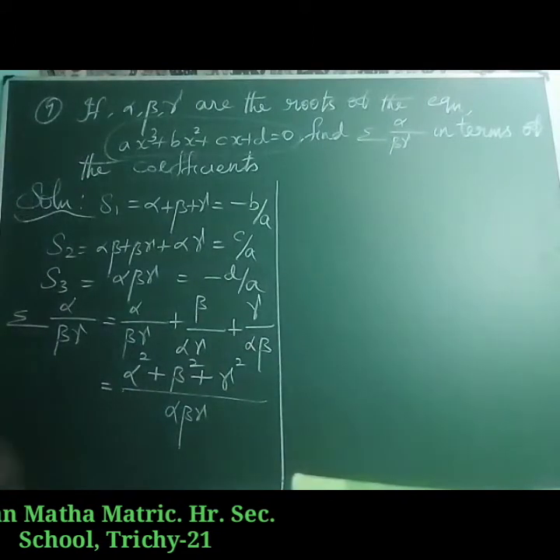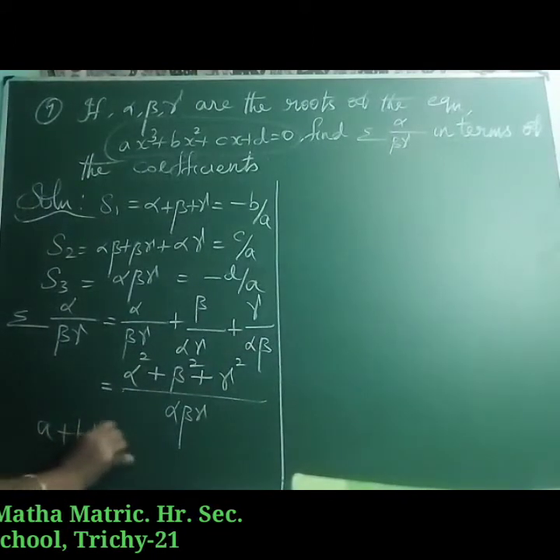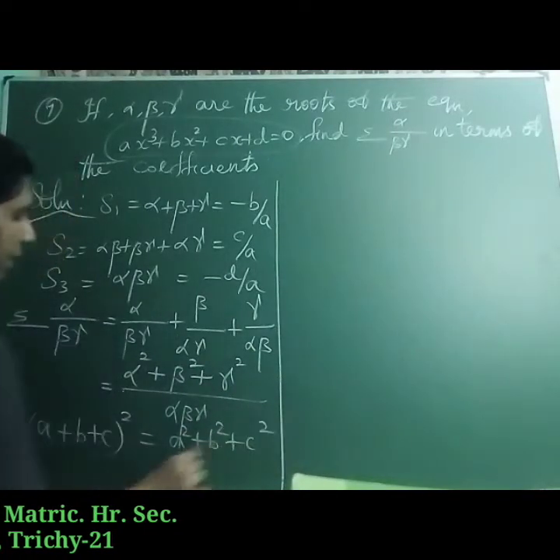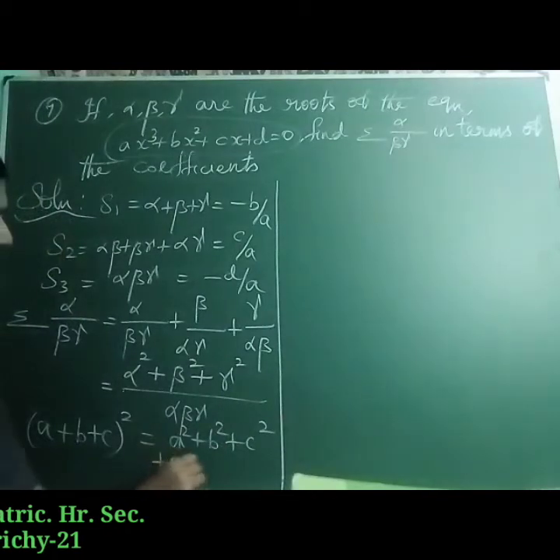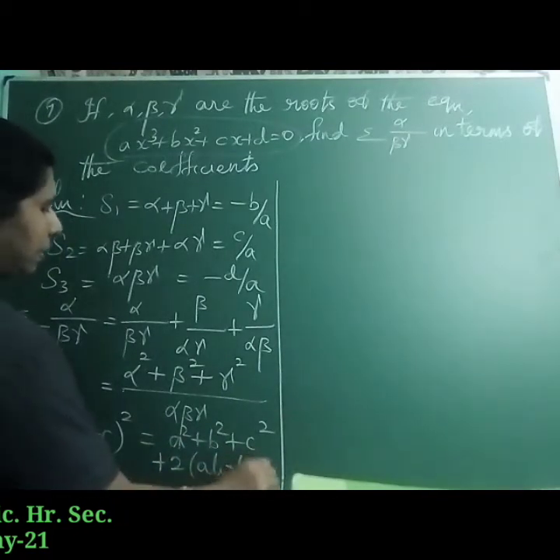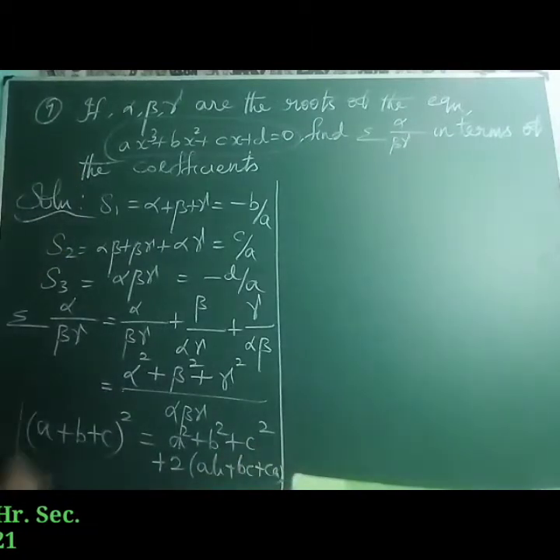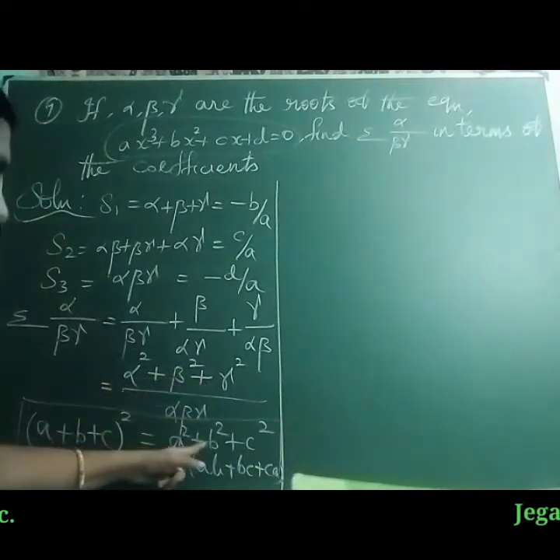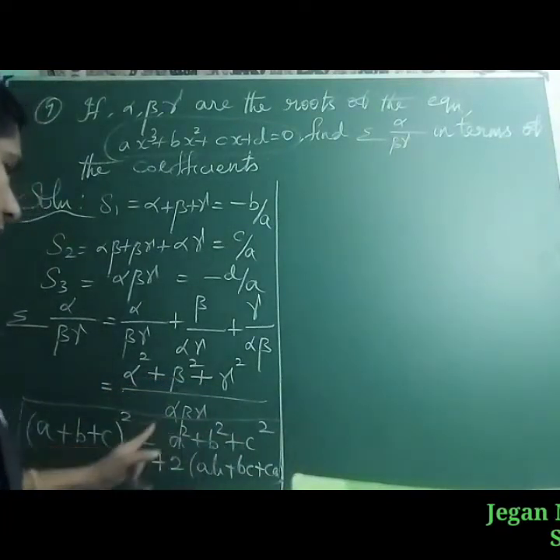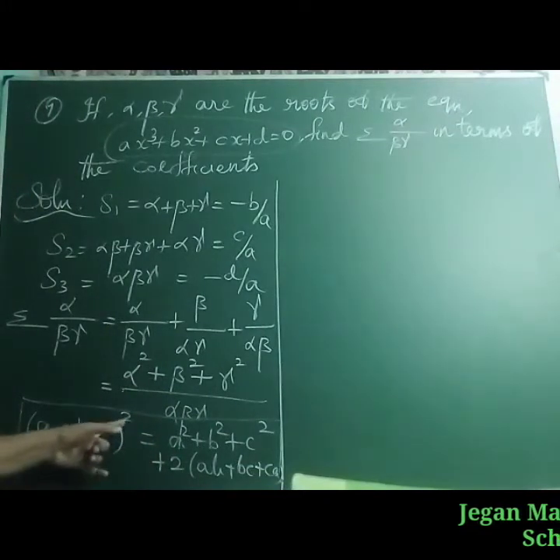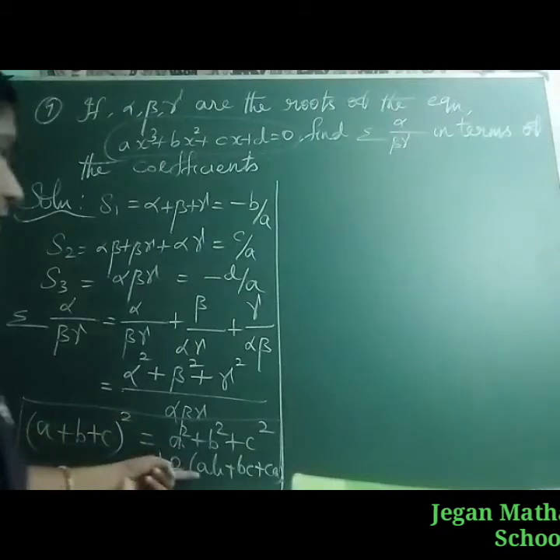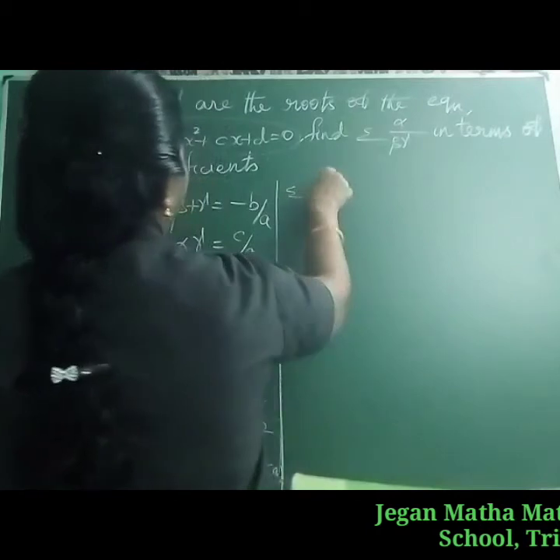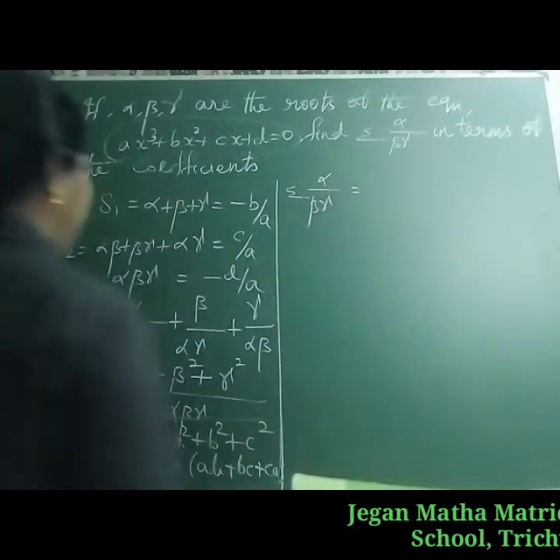We know one formula, that is (a plus b plus c) the whole square is a square plus b square plus c square plus 2 into (ab plus bc plus ca). The same formula if you are applying here, we are having alpha square plus beta square plus gamma square, that is a square plus b square plus c square, equal to (a plus b plus c) the whole square minus 2 into (ab plus bc plus ca). So the same formula if you are applying here, sigma alpha divided by beta gamma equal to